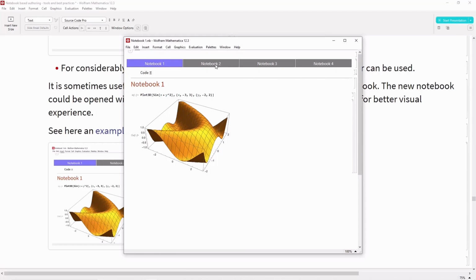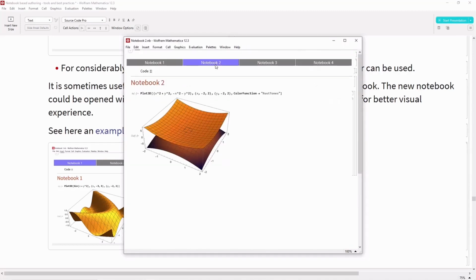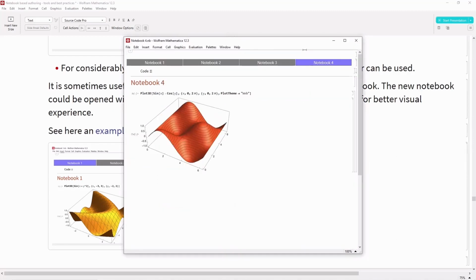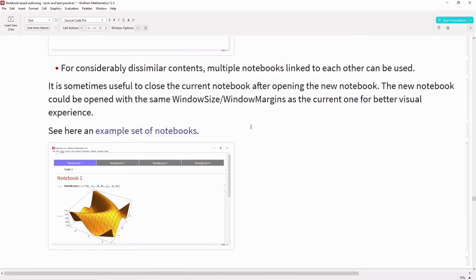As I hit the notebook 2 tab, you'll see that my notebook 1 is closed and my new notebook 2 is open. Similarly, if I go to the notebook 3 tab. The way we are doing this is by setting the window size and window margins for the new notebook that is open, the same as the previous notebook.